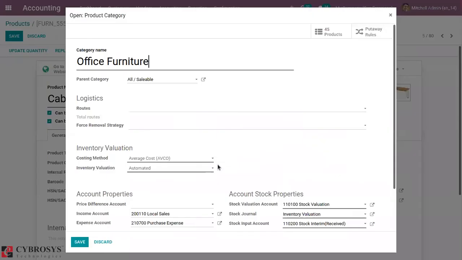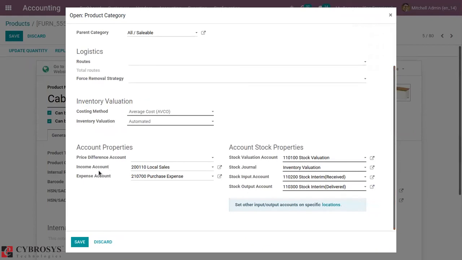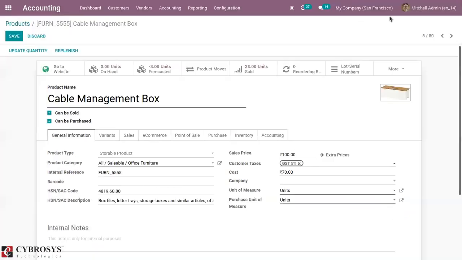If you go to the external link of the product category, you can see an option to set the default income account and expense account for this category. So you can see the default is set.